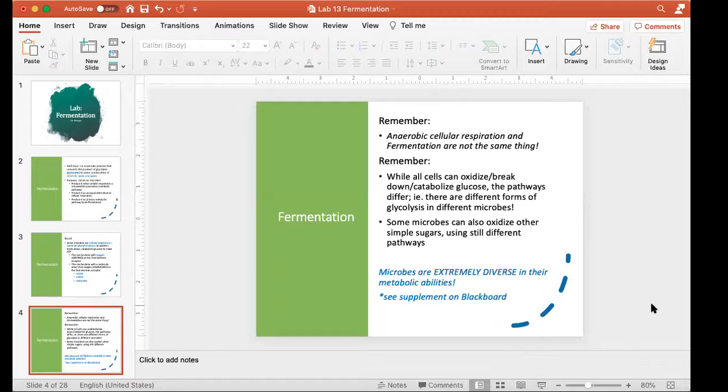But the other thing microbes are diverse in is how they do glycolysis. You and I can only do glycolysis one way. It's a 10-step process. There are 10 enzymes involved. Our cells take glucose and break it into pyruvate. Some microbes do it the same way we do it. Some microbes do it differently. So I put a little supplement together if you're interested in seeing other forms of glycolysis, because it tends to